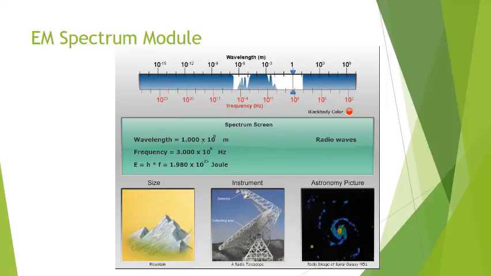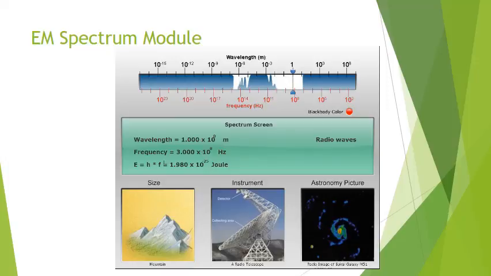In this case, we're going to start out with a wave that has a wavelength of 1 times 10 to the 0 meters. That's a fancy way of just saying it's a wavelength of 1 meter long. A meter is a pretty long wave, if you think about a meter being about 3 feet, about a yardstick. So that wave goes through 1 full cycle in 1 meter. That's a pretty big wave, and it has a certain frequency. It turns out the frequency is 300 million hertz, because when you multiply the frequency times the wavelength, you get 3 times 10 to the 8th, which is the speed of light.